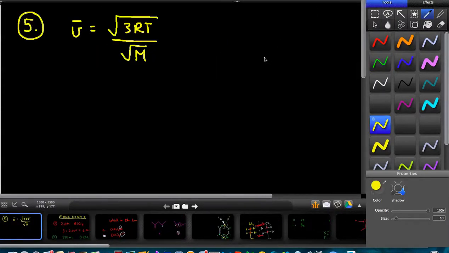All right, question number 5. Which gas has the lowest average molecular speed at 400 Kelvin? The largest, and by largest I mean the one with the greatest molar mass, will be the slowest. And here is our root mean square velocity equation. Our answer choices are krypton and molecular oxygen and SO3